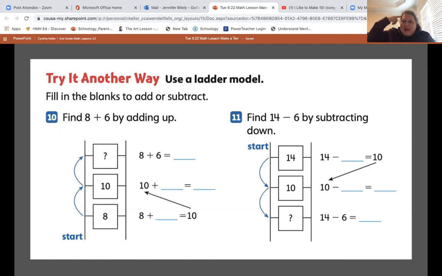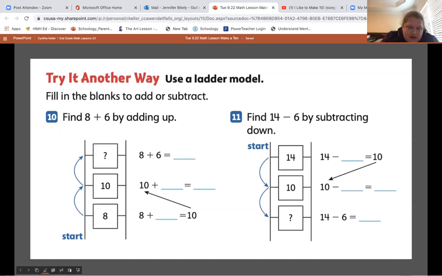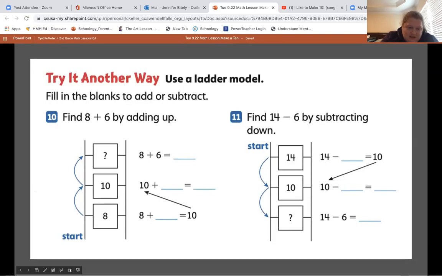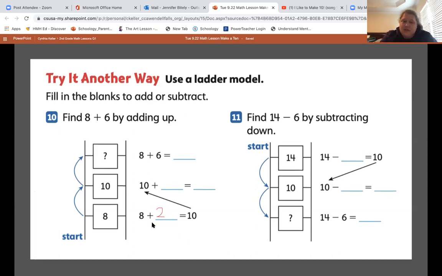I put 8 in my head. 8, 9, 10. I had to add on 2, right? Get my little handy dandy pen. Sorry, I guess it didn't want me to be able to write on it. I had to add on 2. 8 plus 2 makes 10. And then 10 to what?